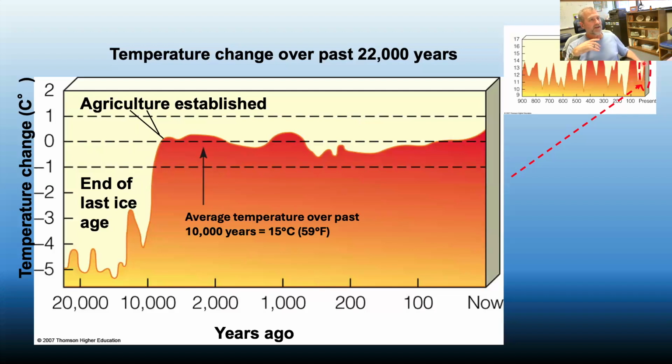And so we would have been right kind of in this area here. And I want you to notice that 0 is the average of the temperature across the surface of the Earth over the last 10,000 years or so. Notice that the difference between this average temperature, which is about 15 degrees Celsius or about 59 to 60 degrees Fahrenheit, and an ice age is only about 5 degrees Celsius. What you're seeing here is the difference between an ice age and current day climate on the surface of the Earth.